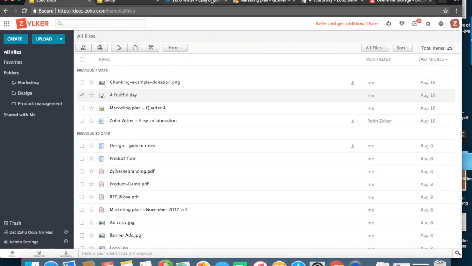Docs interface. Now this is how your Docs interface appears as soon as you open the account. Since I already have so many files saved in my account, this is how it appears.